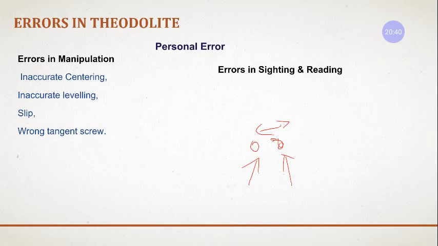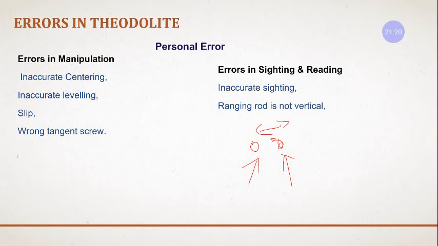Now next is when you are taking the readings through the theodolite, or when you are sighting the object. That time when you make mistakes, they come as errors in sighting and reading. First is inaccurate sighting. We have to sight an object A, but you are not sighting it properly. Right? You are sighting the point B. Then that is a wrong thing, because you have to take the readings. You will take the reading and write it at the station A, but the readings are of station B, right? From the instrument station. So obviously the readings are wrong.